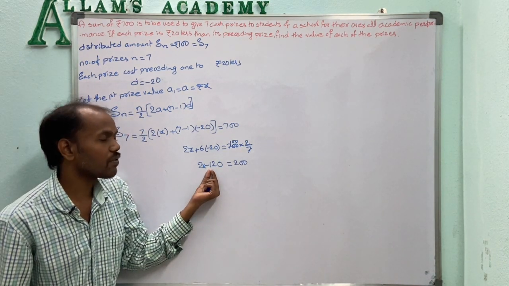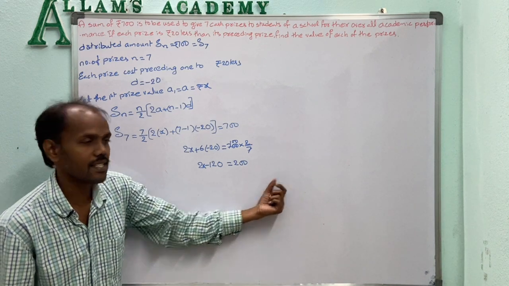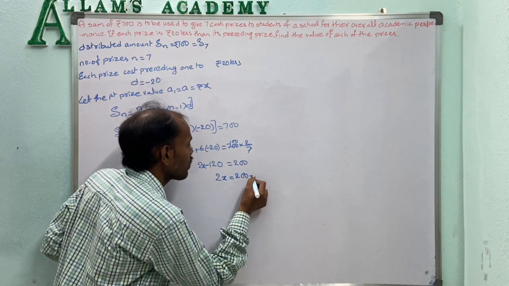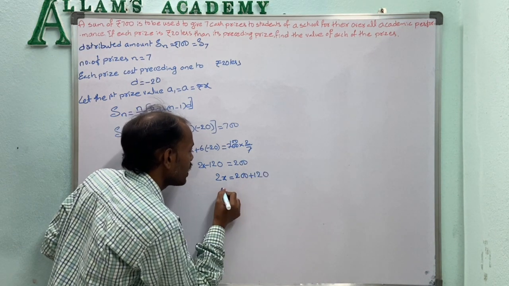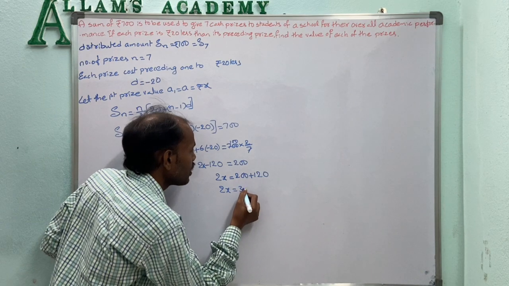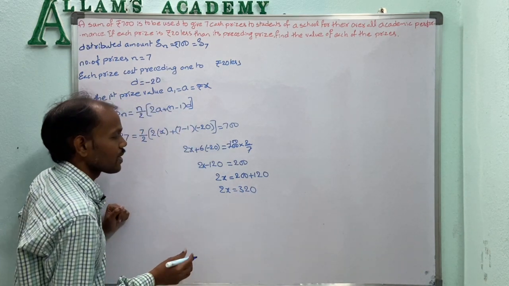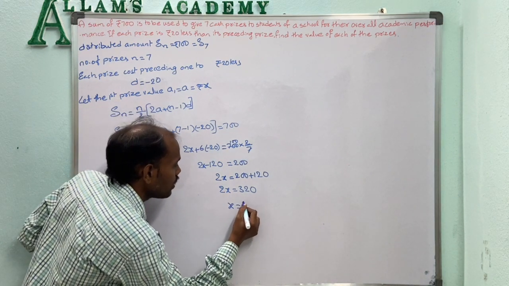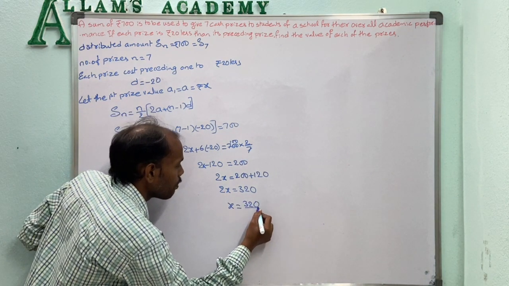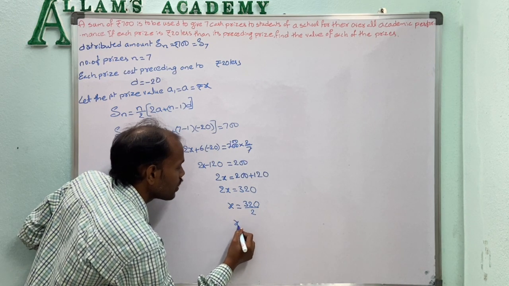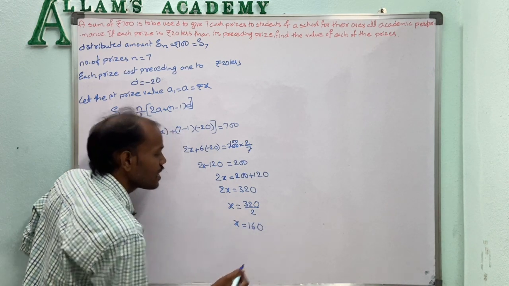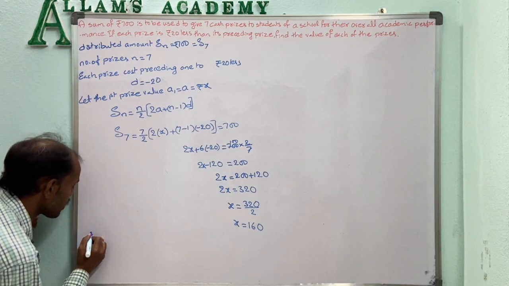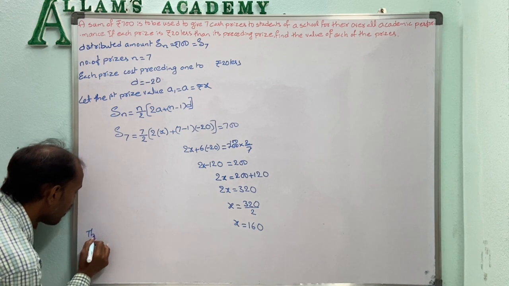Now this minus 120 on the LHS transfers to the RHS, and we add it to 200. So 200 plus 120 is equal to 320. Now this multiplication by 2 transfers to the RHS, so we divide 320 by 2. 320 by 2 is equal to 160. So the first cash prize, the amount of